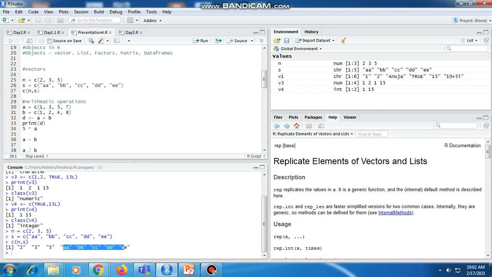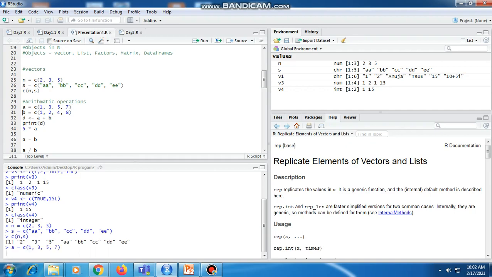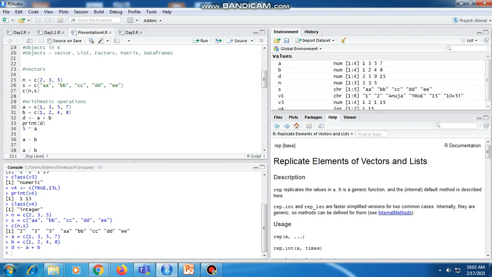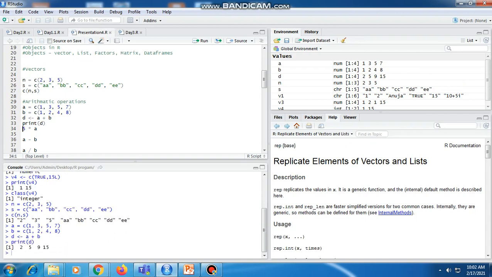We'll see arithmetic operations. In the same way we can assign numeric values to variables like this: a equals 1, 3, 5, 7 and b equals 1, 2, 4, 8. If we do addition of a plus b, it will add 1 plus 1, 2, 3 plus 2, 5, 5 plus 4, 9 and 7 plus 8, 15.